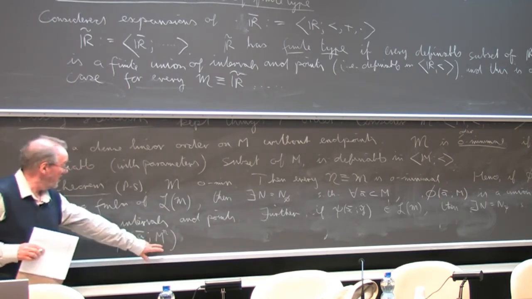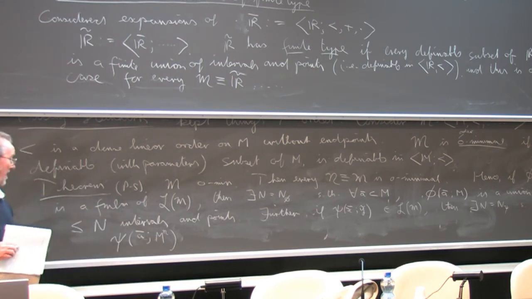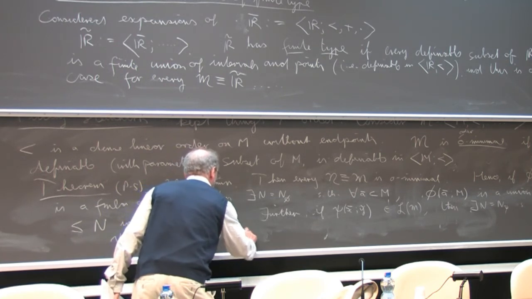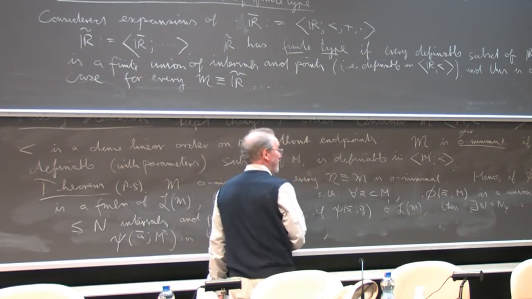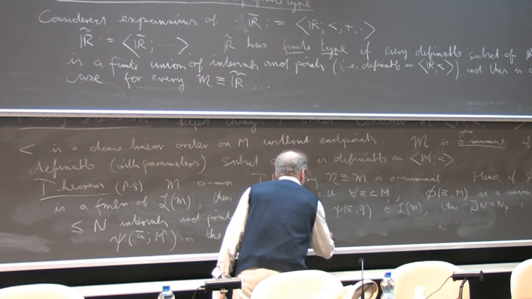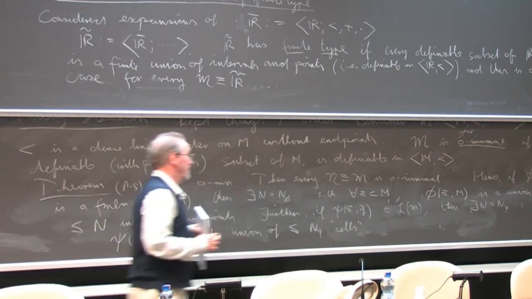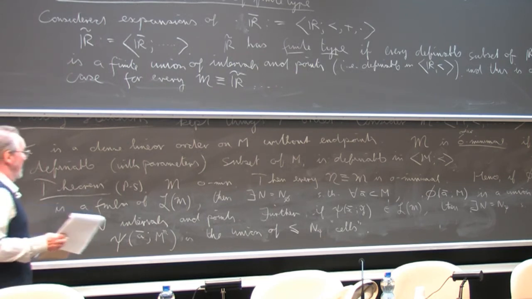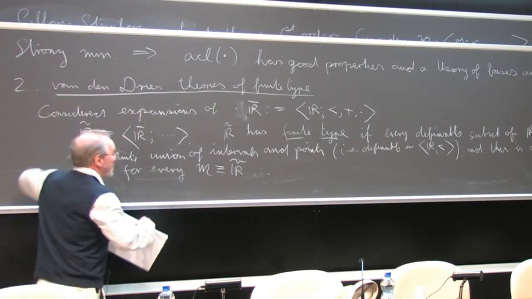the set of all n-tuples in M satisfying psi(a bar, y tilde) is the union of less than or equal to n_psi what are called cells. And now a cell is a particularly nice kind of definable set, which I don't want to go into the precise definition, but